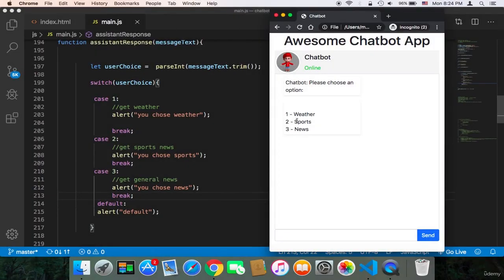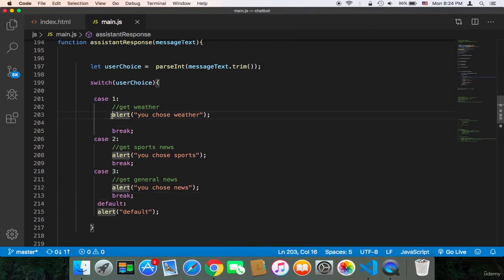Welcome back. So now if the user chooses number one, which is the weather, we need to get the weather of their current city, of their current location. So inside the case one, we need to call a function that would accomplish that. And instead of the alert, which was just for testing,